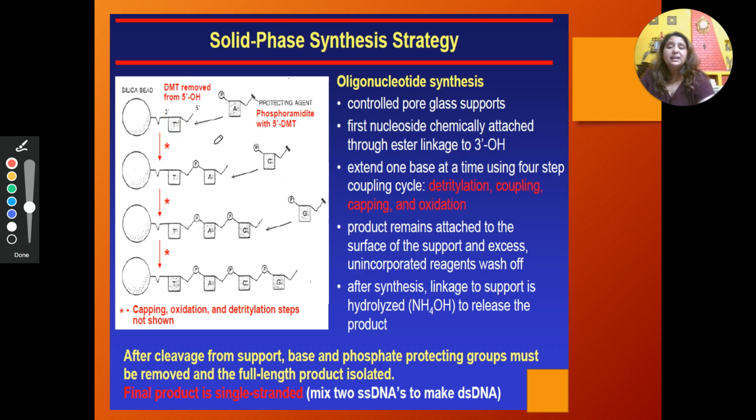Now what happens is, as I have already told you, first of all, in the case of DNA, the 5 prime OH of every oligo gets blocked, protected. Who is protecting it? It is the DMT which is protecting it. So first, if it has to bind with A, then this DMT is removed. We removed it. Then the A comes. A has a phosphate on one side, and at the same time A has a blocked OH on the 5